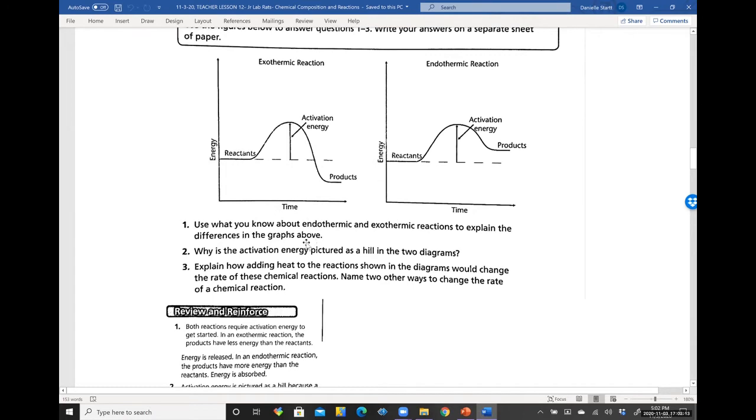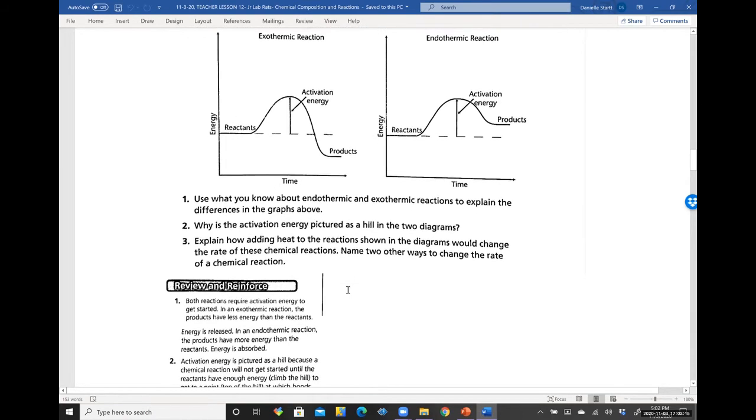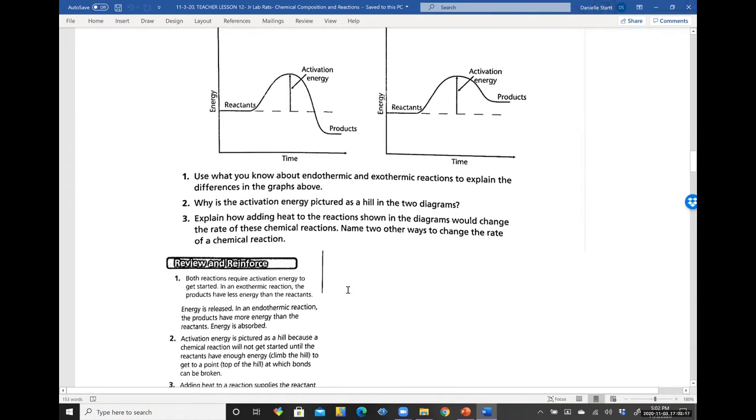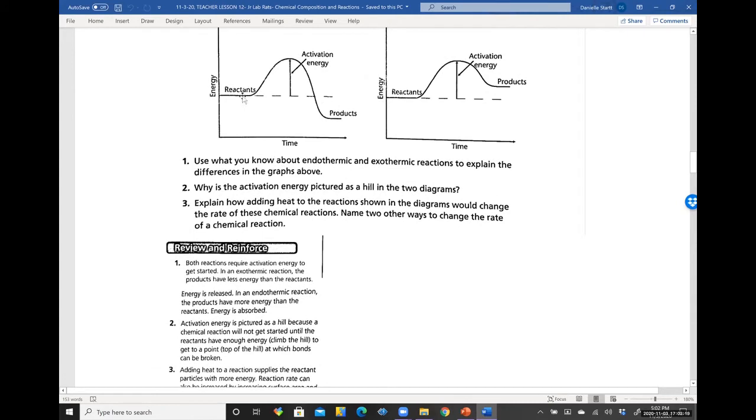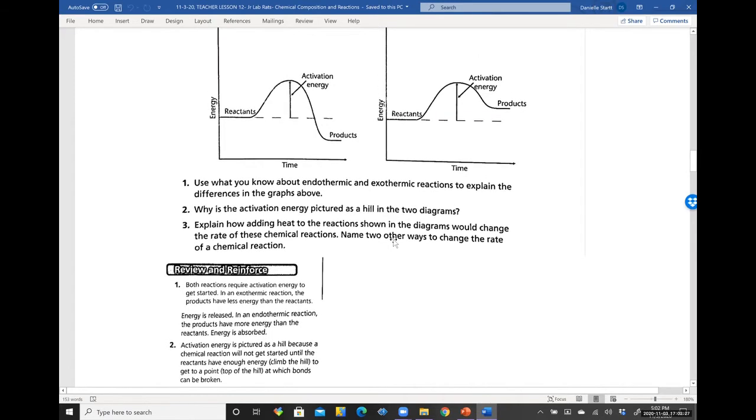The reason why your activation energy is pictured as a hill is because, as we were saying, you need to build up to the point where your reaction can take place. And then, explain how adding heat to reactions shown in the diagrams would change the rate of chemical reaction, and name two other ways you could change the rate. Well, typically if you're going to add heat,